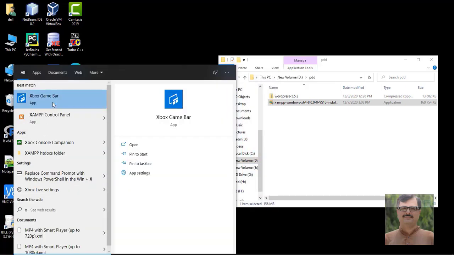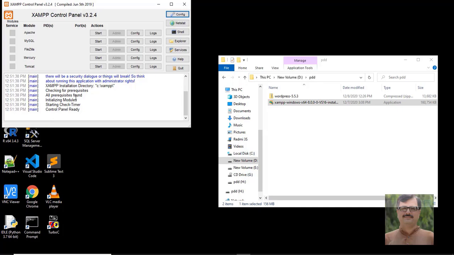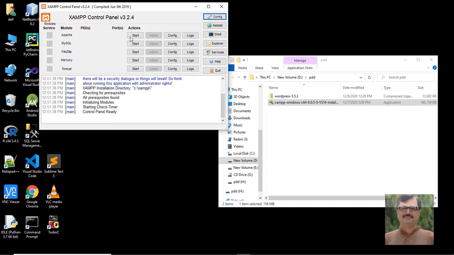Yeah, so the XAMPP control panel, we can click this and we get this control panel, and we can start it. MySQL for database, Apache server, it's a server, and MySQL database. These two things we will start. No need to start these three things.